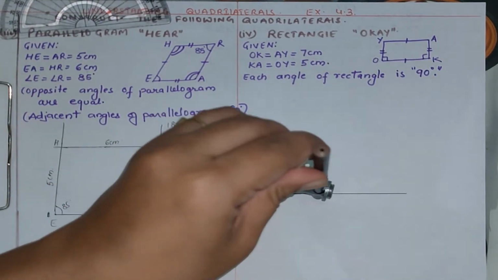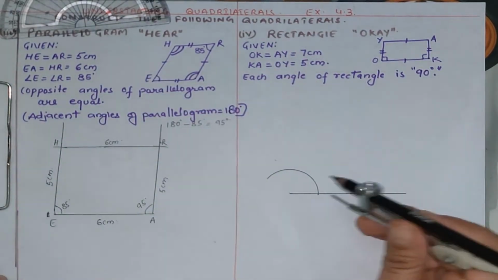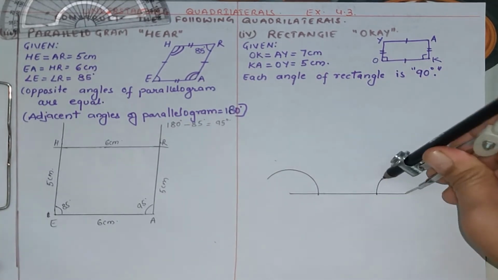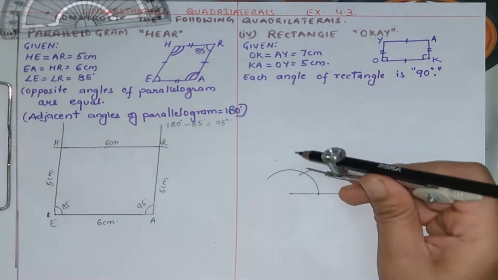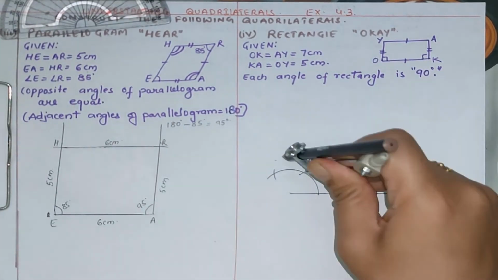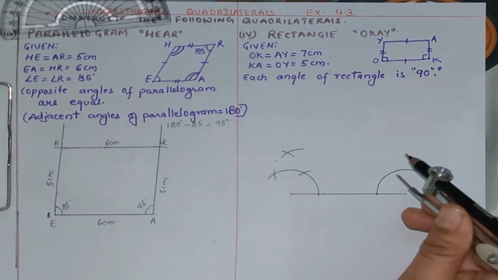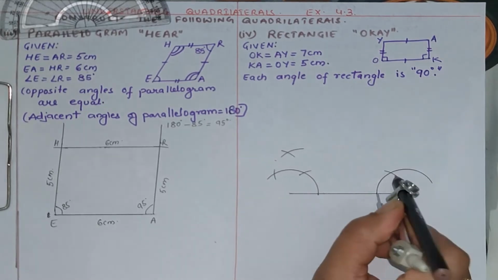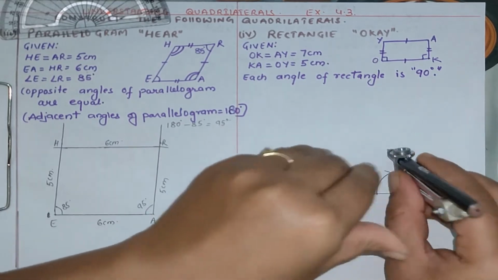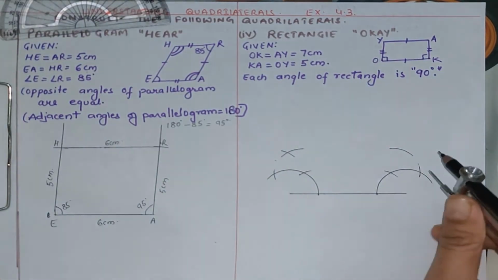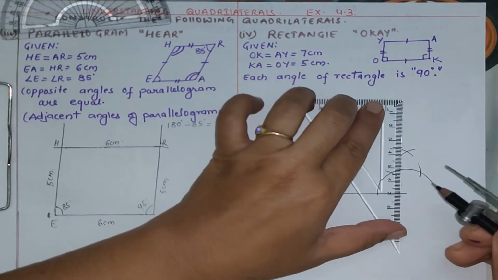So here I have taken base side OK, which is equal to 7 centimeter, and here I am going to construct 90 degree with the same arc on both sides. 90 degree is very simple. Cut an arc like this, the second arc like this, and the 90 degree you will get very easily. First arc always is 60 degree, second arc is 120, then with the help of the 60 and 120 arcs you will get 90 degree in this way.